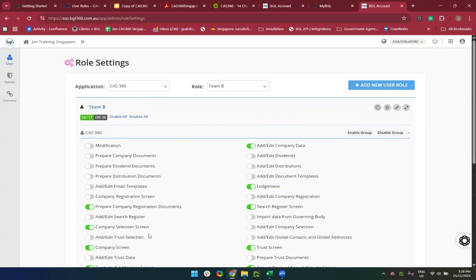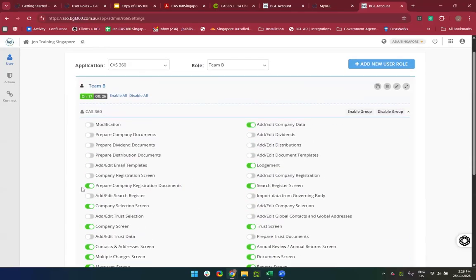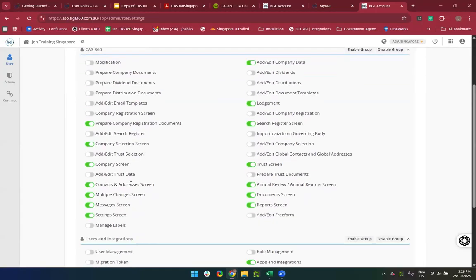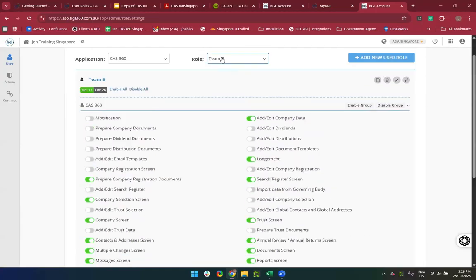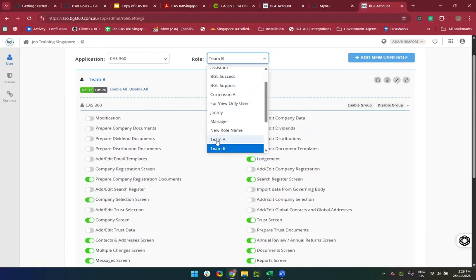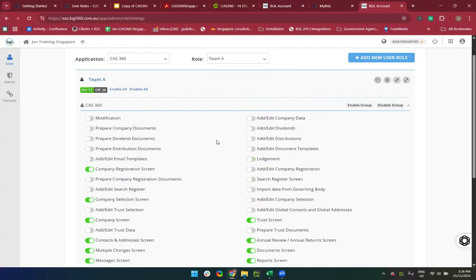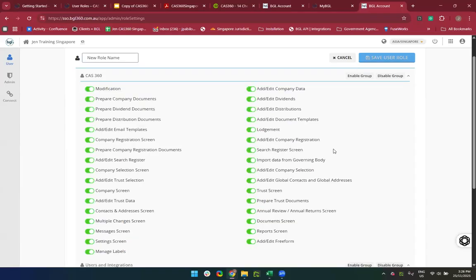So team B is preparing, searching and all that. But they don't have any, for example, modifications, preparing company documents. They're not allowed to do that, for example. So you can create different types of your own custom role settings by simply clicking on Add New on the